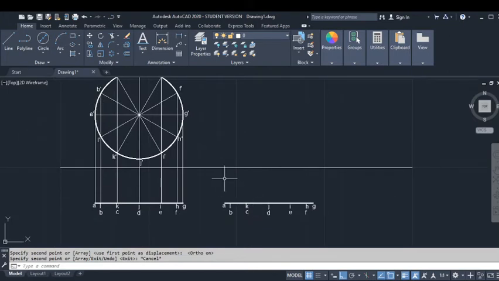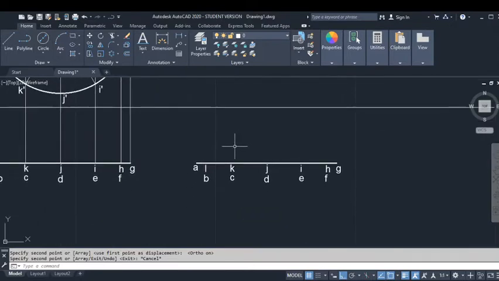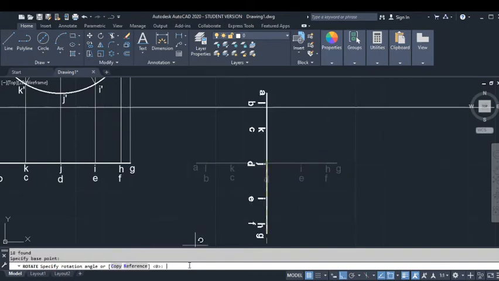Now I have to turn this object to make an angle of 30 degrees. As stated in the problem, the plane is making an angle of 30 degrees with my vertical plane. So I have to turn this top view of this plane to make an angle of 30 degrees with this horizontal line xy. To make that happen, I'm going to again select this line and use the rotate command. While rotating, I'm going to select this part of the circular plane, and I'm going to give the angle to be minus 30 degrees.